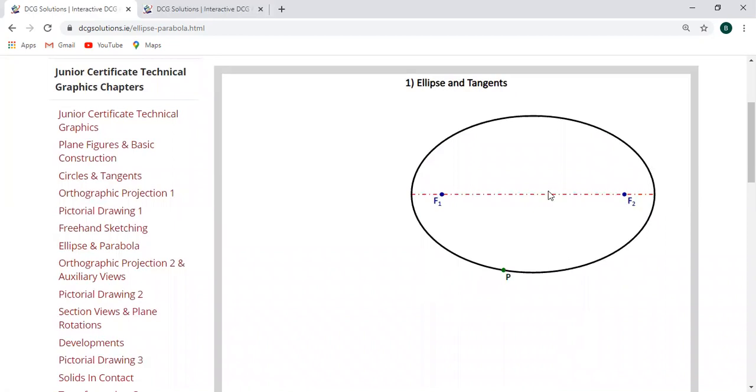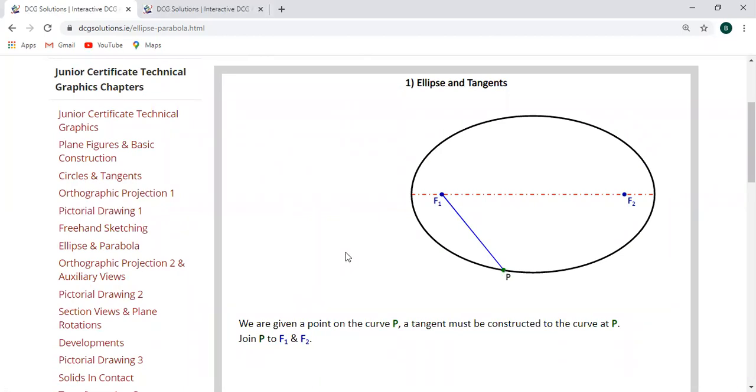Okay, so this is the one here that I just want to focus in on once again. All right, so for this one, guys, you're given a point P. Okay, what we're looking to do is create a tangent which is going to hit off the ellipse at point P. Okay, so the construction method behind this is you take your point P, you connect it